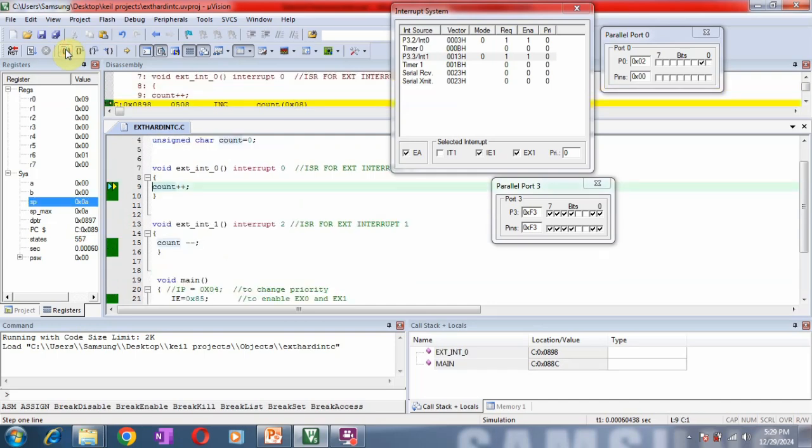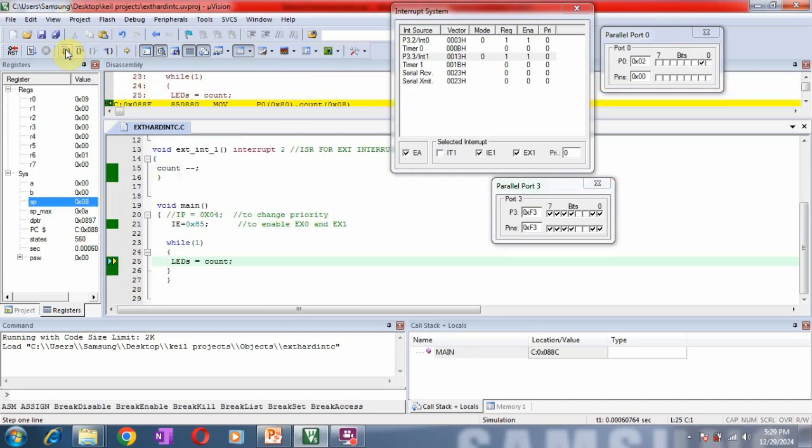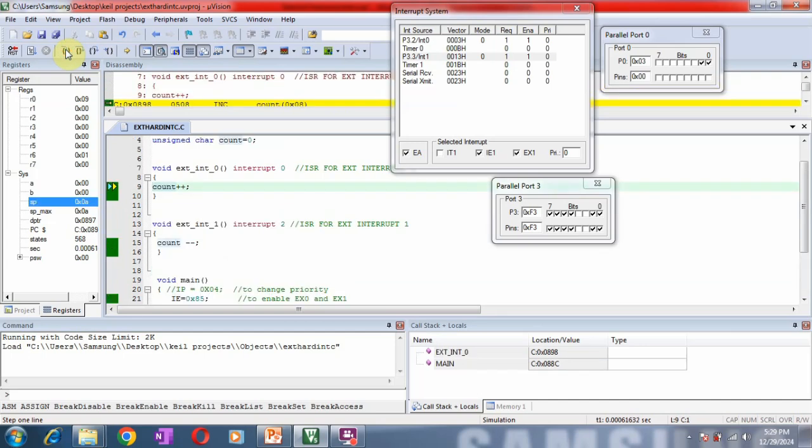So unless and until you remove that particular interrupt, that is INT0, it will always serve the high priority interrupt. Now you can see here the count will be 6, 7 and so on. So it will go on counting. But remember that in this case we have not set any priority, only we have activated the interrupts simultaneously.